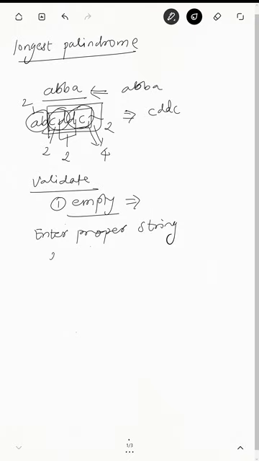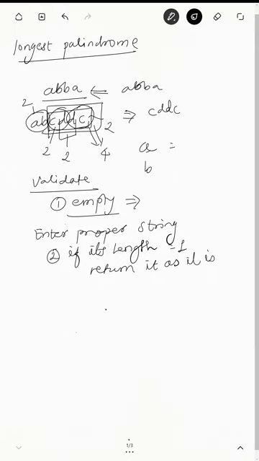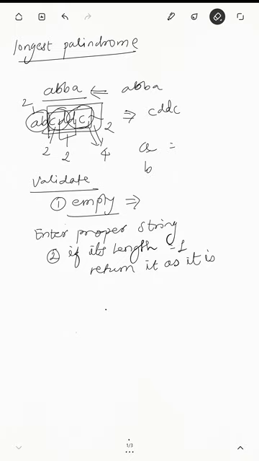The second thing in the validation will be the length checking. If its length is 1, that means the user has provided A as a string or B or any character as a string, then if its length is equal to 1, we don't have to do anything, we are simply returning it as it is. Okay, so after checking these two equality checks, now the next step that we have to do is,